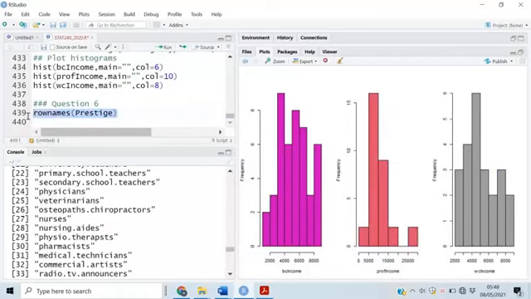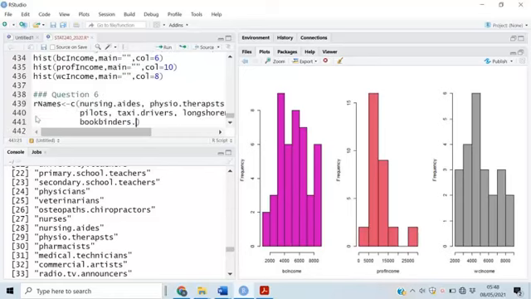I'll pass this vector through. I could have selected them from here, but it will take time, so I will just copy this. But that's another way to do it. Okay, so I can say this is our names. Let me give it a vector name, our names. So C, and then